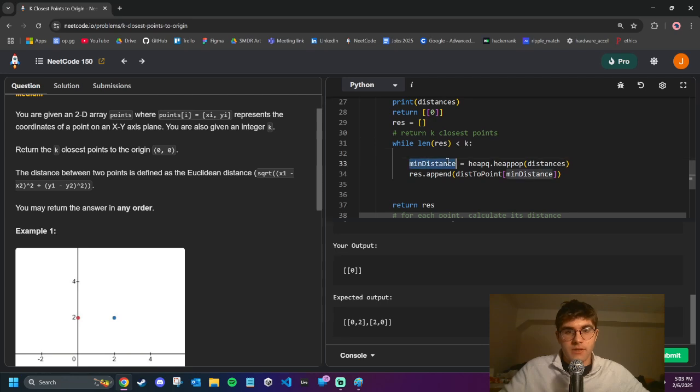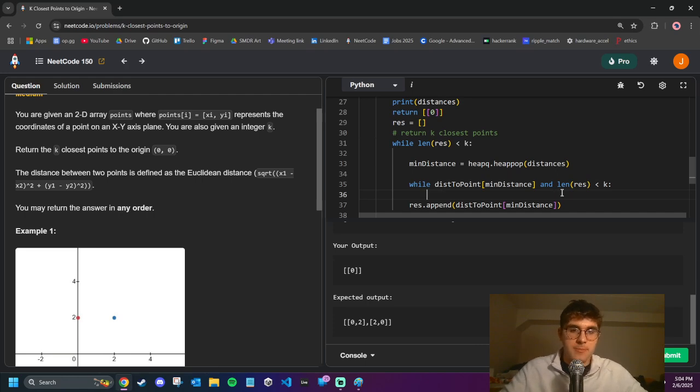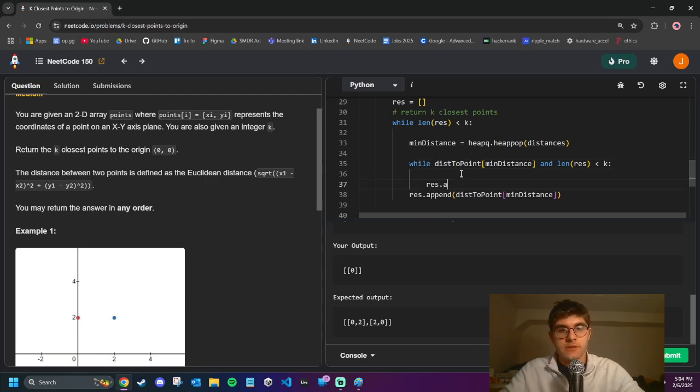Okay, so now this part. So min distance, and we want to append. We can just say while dist to point min distance, so while the list is empty, or while it's filled and the length is less than k, then we can say res.append